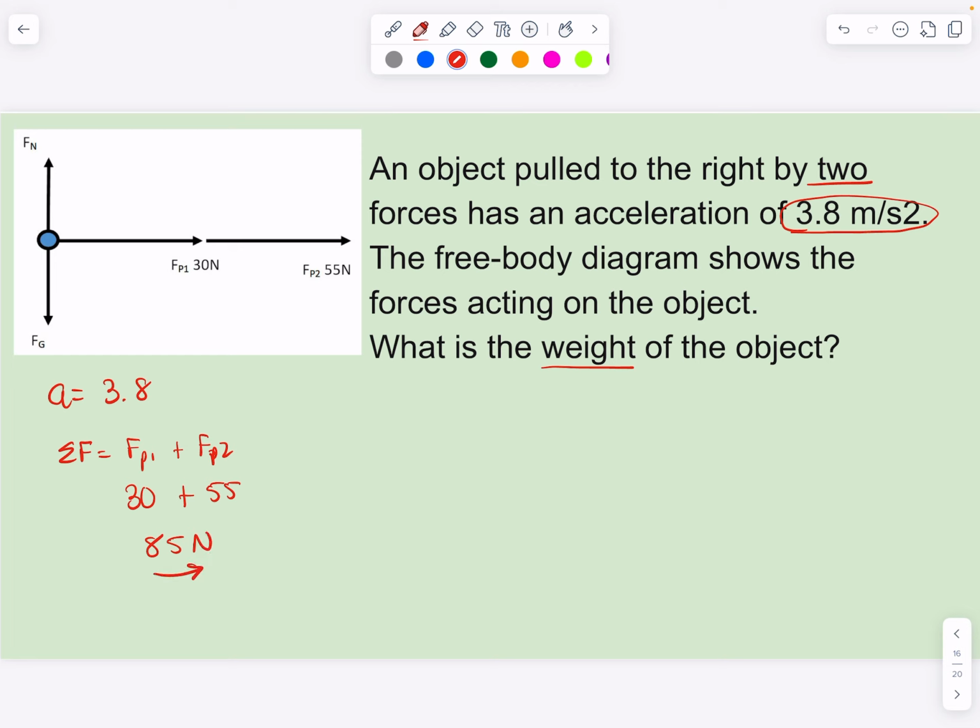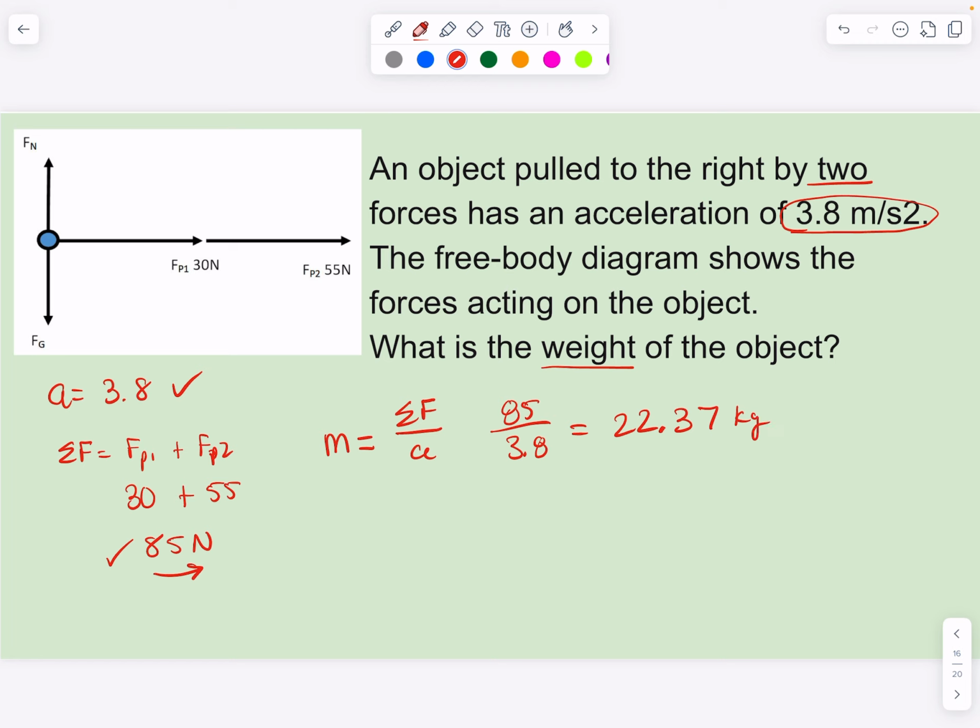It's important for us to know why. Well, because to find the mass of an object, the mass is equal to the net force divided by acceleration. I now have a net force of 85 and an acceleration of 3.8. Knowing that, now I know that my mass is equal to